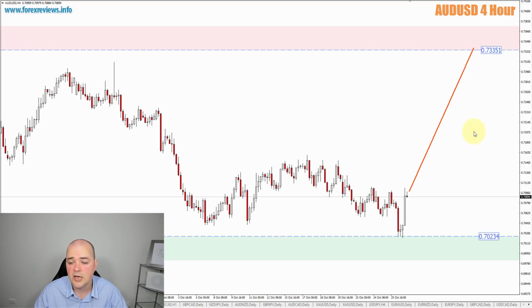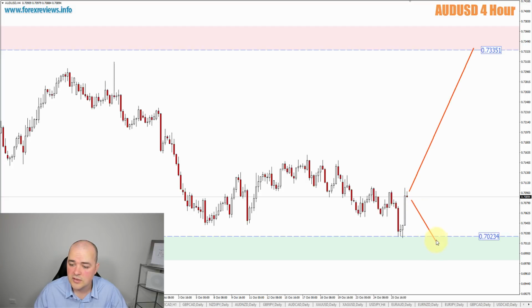So for all those people holding a buy trade on this market, potentially this market may continue at least up to this previous high, or all the way up to this high, or all the way up to the 73.35 zone area. And wanting to mention the 73.35 zone area as a potential long-term target area to the upside. However, if price does pull back and retest this recent low,